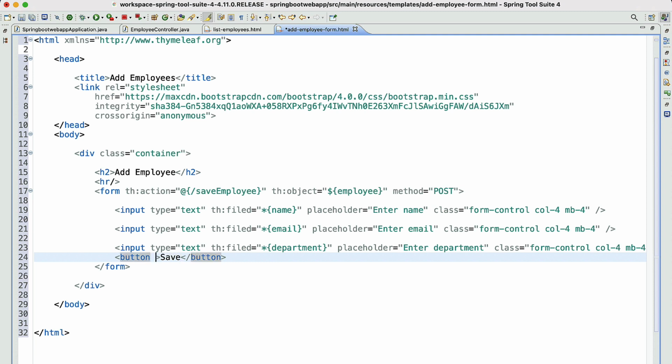We're going to add the Bootstrap classes, which is class btn-primary, and we will add the button type as submit. Okay, so now let's save this. We have created the form.